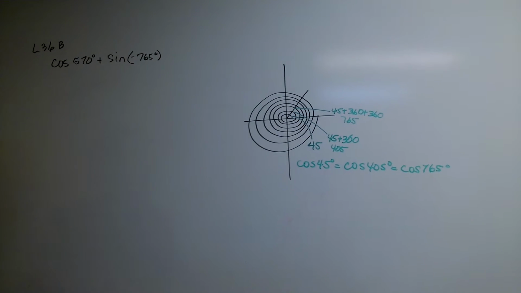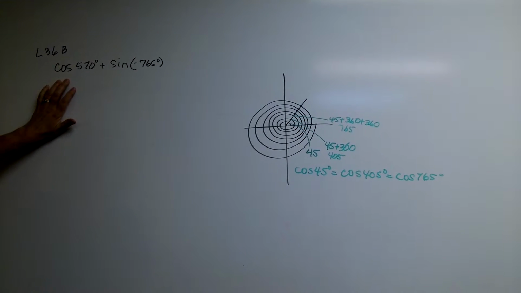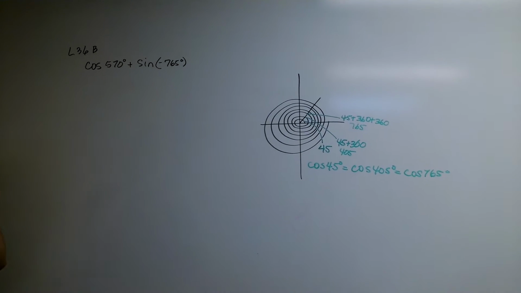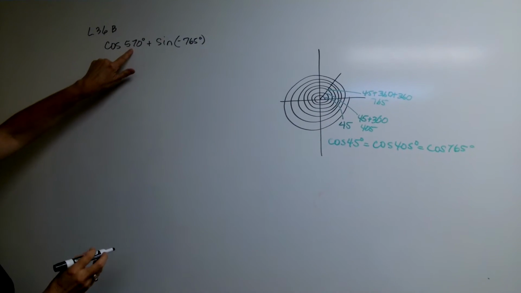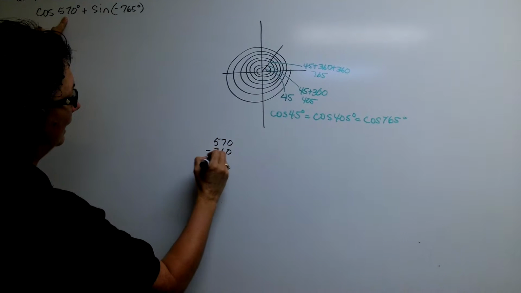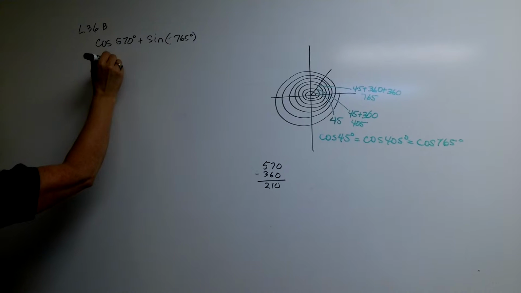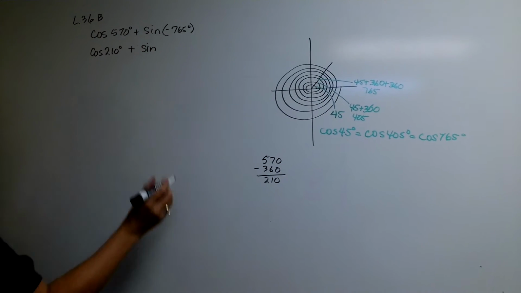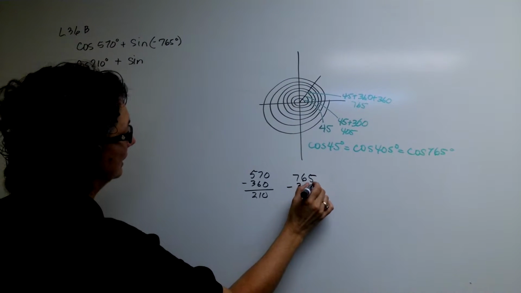So you can see here, one of our examples for this lesson is we want to add the cosine of 570 plus the sine of negative 765. So we're going to rewrite these, because 570 minus 360 is going to give us 210. So this is going to be the same as the cosine of 210 degrees plus the sine of, and if I take 765 and subtract 360 from it,